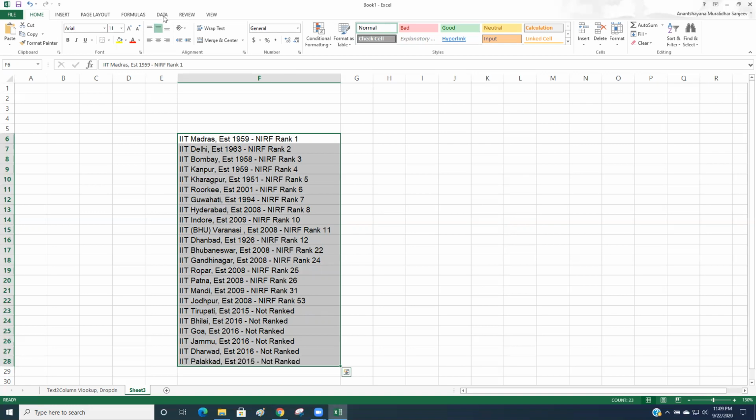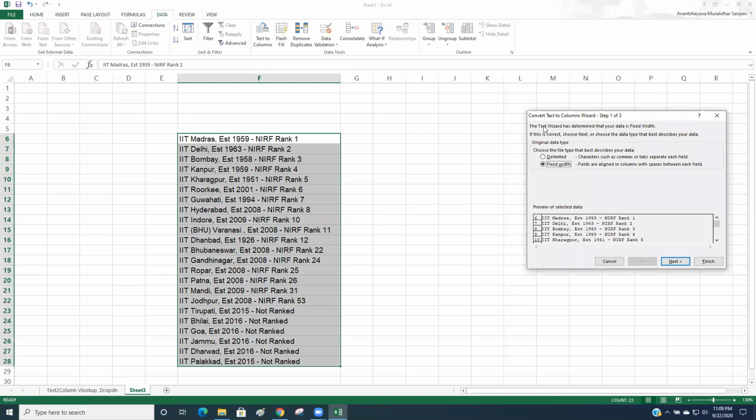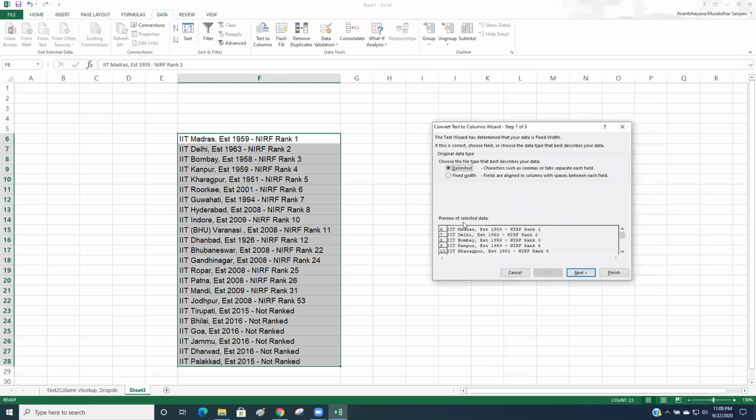Come to Data, and here you see Text to Columns. Click on this Text to Columns and click on Delimited, because a delimiter is some text or character which helps us to split this entire text.